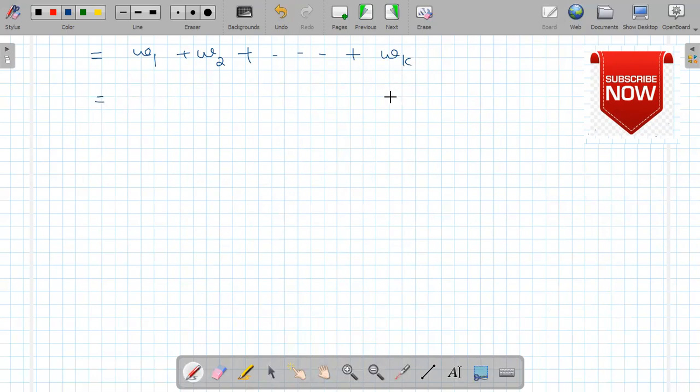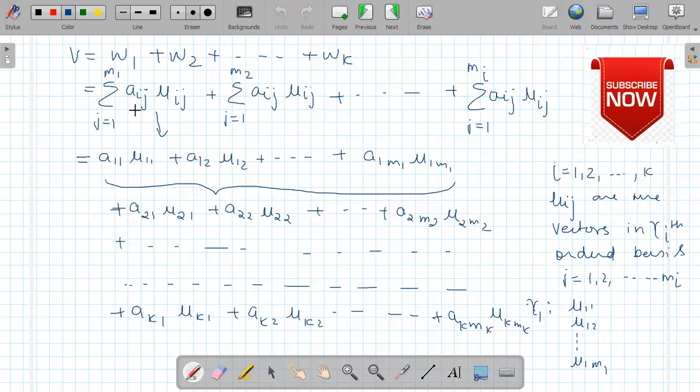So these Wi's are the member of subspaces, and indirectly they are also the members of vector space V, and they denote any of the member of subspace or vector space. So we can say that these vectors generates V also, these mu ij's. Okay,